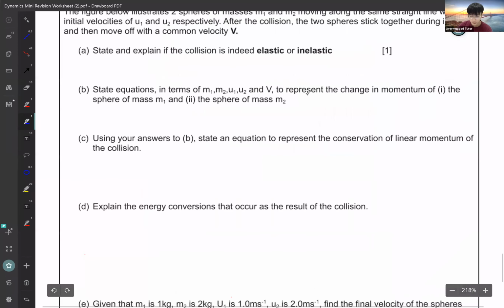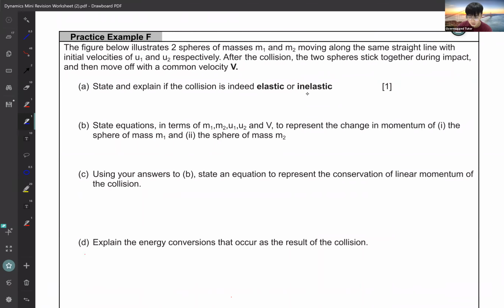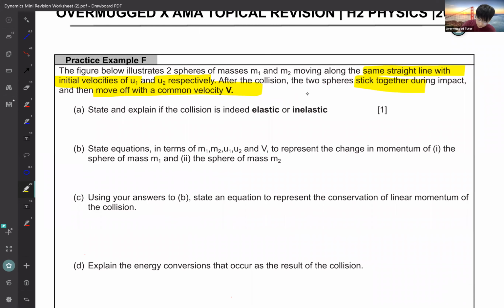The figure below illustrates two spheres of masses M1 and M2 moving along the same straight line with initial velocity u1 and u2. After collision, they stick together during the impact. Okay, and then they move off with common velocity v. Okay, I see this one's quite an interesting thing. You have to straight away see this